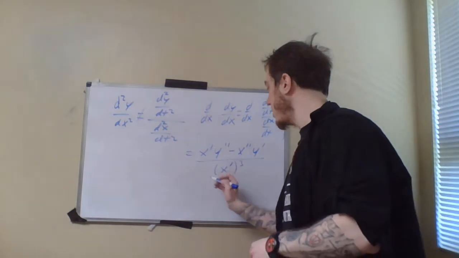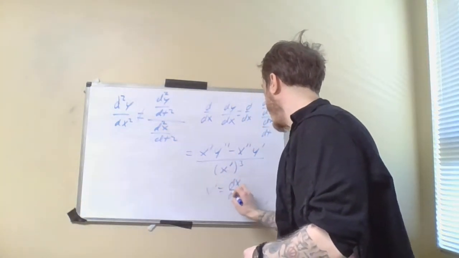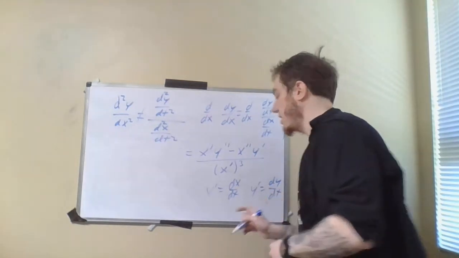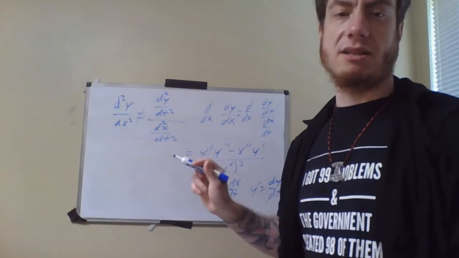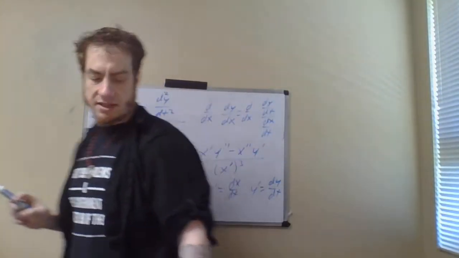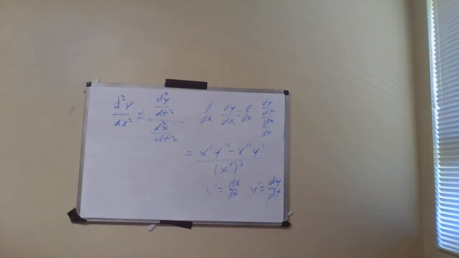And notice that when I wrote it in prime notation like this, I mean x prime is dx by dt and y prime is dy by dt, of course. Those are the derivatives with respect to t. Okay, so now that we have covered this one quick thing about parametric curves, I want to move on to